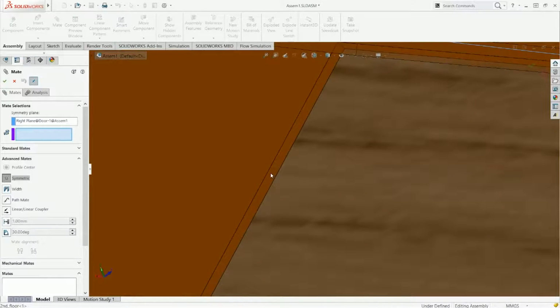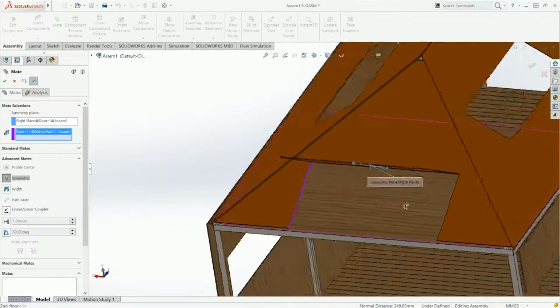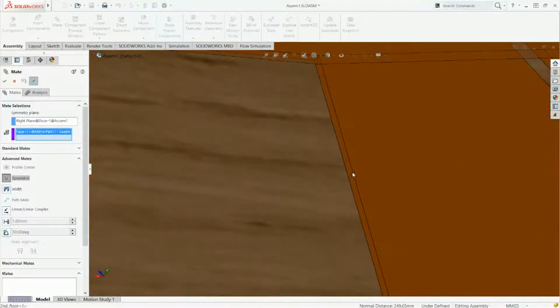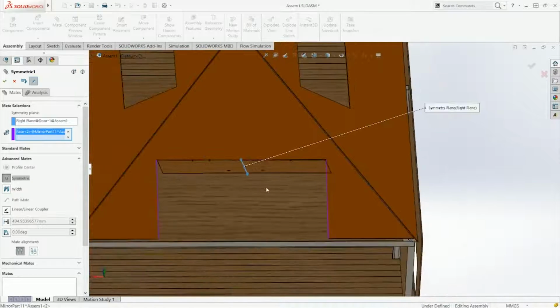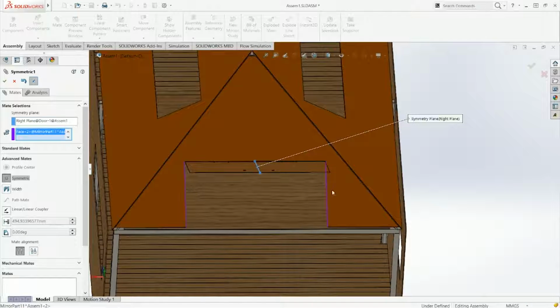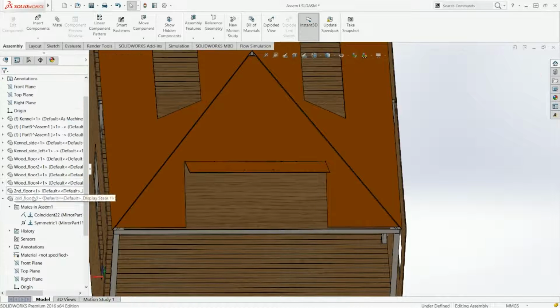So I'm gonna click on that one and that one, and that's gonna automatically center it to the middle. You see this plane and that plane are equally distanced from that plane. That's what the symmetric mate does. And if you don't wanna use that symmetric mate, you can use